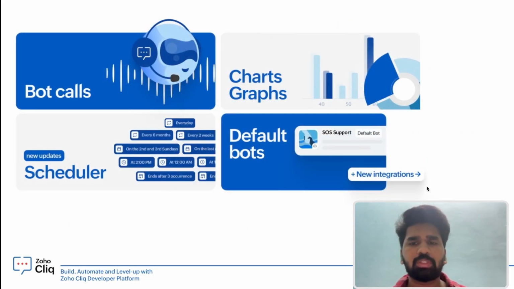So let's give a shout out to some of the exciting features introduced in the latest version. First is the bot calls. Bots can now trigger calls automatically. Think about emergency alerts or escalations, for example. If a system goes down or a critical ticket is raised, the bot can instantly initiate a call to notify